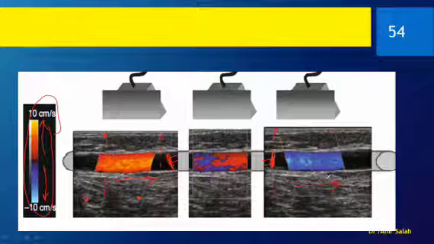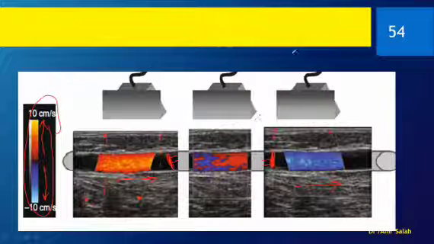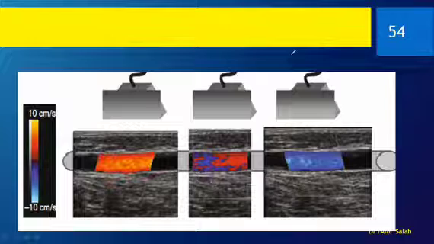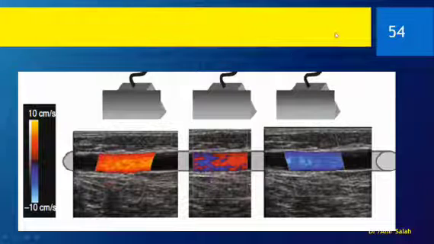So it doesn't matter whether it is red or blue. Why? Because what does matter is the direction of the blood according to the color bar. And by the way, you can change this, as we will see later. So it's really, really important to know the steer, because this is how you can produce a good angle and produce the good color in your result.